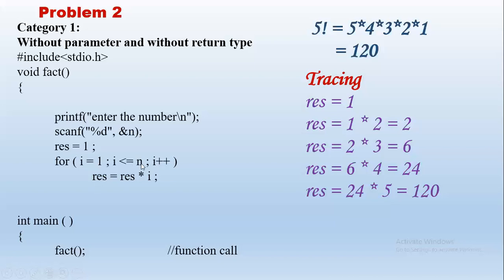Okay, then i becomes 2, 2 is less than or equal to 5. So result will be 1 into 2, that is 2. Then next i becomes 3. So that will be 2 into 3, result becomes 6. When i becomes 4, result will be 6 into 4. So result now becomes 24. When i becomes 5, 5 is still less than or equal to 5. So because it is equal, the condition is true, result will be 24 into 5, which is 120. Now i was 5, it gets incremented further. i becomes 6. 6 less than or equal to 5, the condition is false. The for loop will stop. Okay.